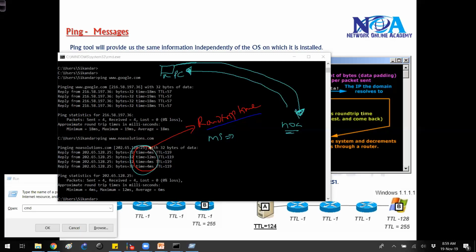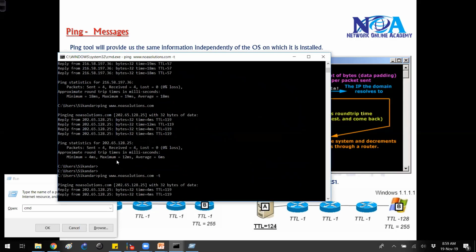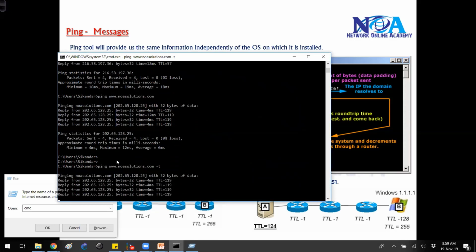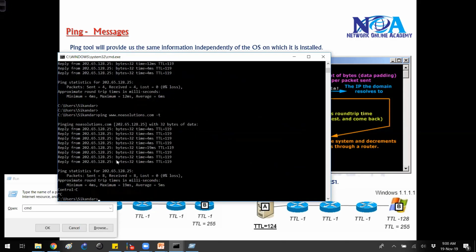This will vary for every packet, because sometimes it will take 4 milliseconds, sometimes it may take 12. It may not be the same for each ping packet, because when you generate a ping request, it will send 4 echo request messages, and you'll get 4 echo reply messages. Like here, these are the 4 messages. By default, it generates 4. If you're doing some kind of troubleshooting, then we can use -t. -t is just for continuous requests. You can use these additional options to test this, and you can stop it by using Control C.